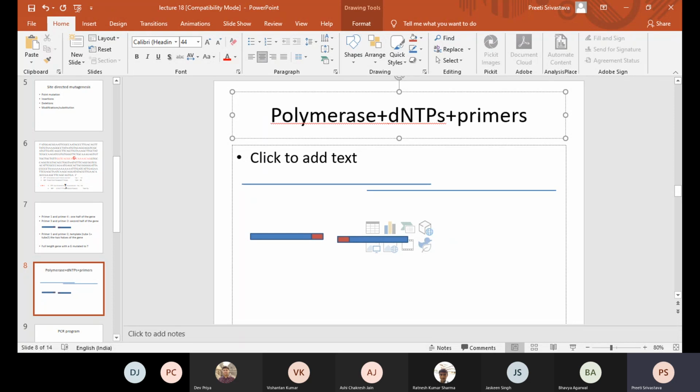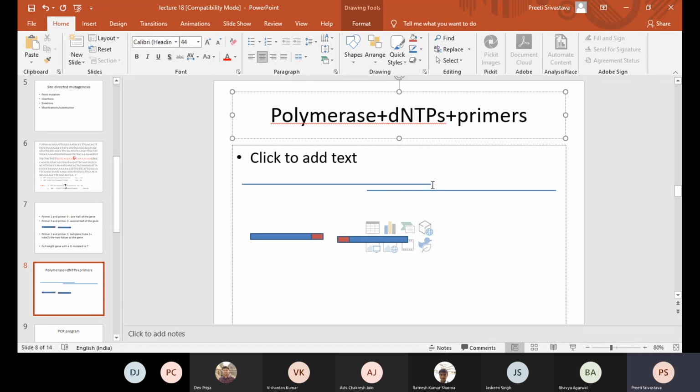You need to pay attention here. In site-directed mutagenesis, this overlap is extremely important. If we do not have this overlap, then the two strands will not anneal. If you have a very short overlap, then the full length extension will become difficult. Therefore this overlap has to be in the range of 15 to 20 nucleotides. If it is about 15, it is very good.